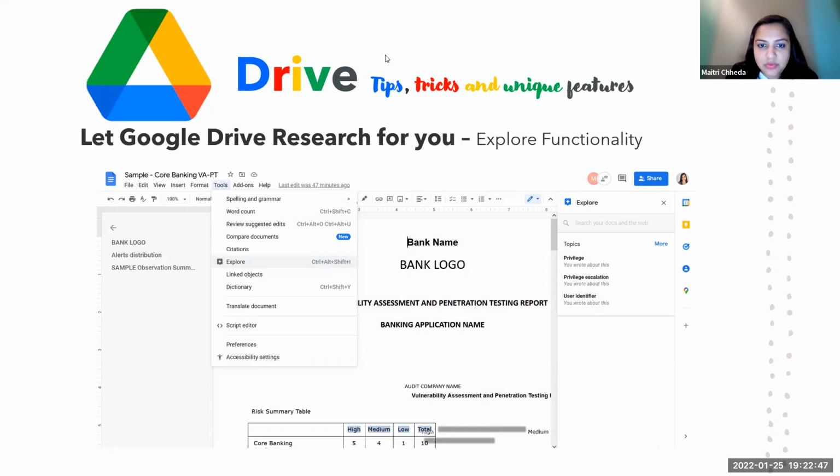No, it's not available only in the paid version. Kruti, you are asking whether the feature is available only in the paid version of Workspace. No, it is available in the free version also, but only to the extent of 15 GB. When you are backing up and syncing, you need a lot of space, right? So it will use up your 15 GB. That's the only limitation. And when you're using a paid version, you have better encryption. You have the Vault, in which you have better encryption and protection for your data.